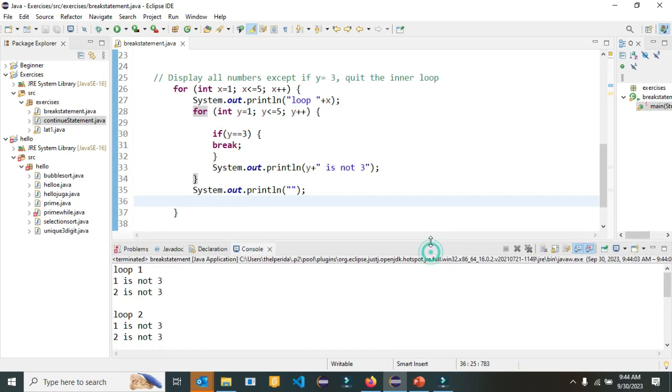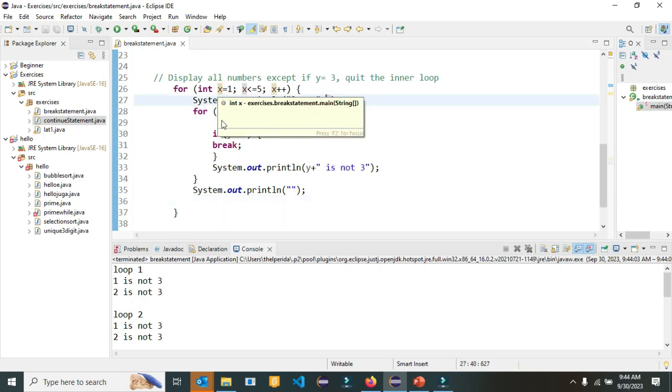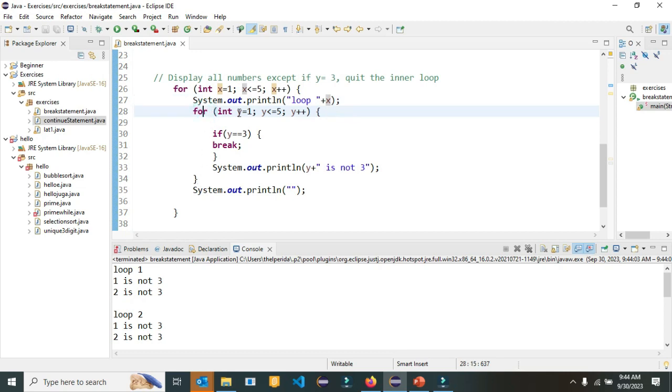Okay, here is the result. So when we run the program, it will start reading x equal to 1 and then enter the loop and then display here loop x, which is 1, and then enter the inner loop. When it enters the inner loop, y will be read, which is 1, and then enter here, check is not equal to 3, then display this statement, 1 is not 3, and then go back to the inner loop, read